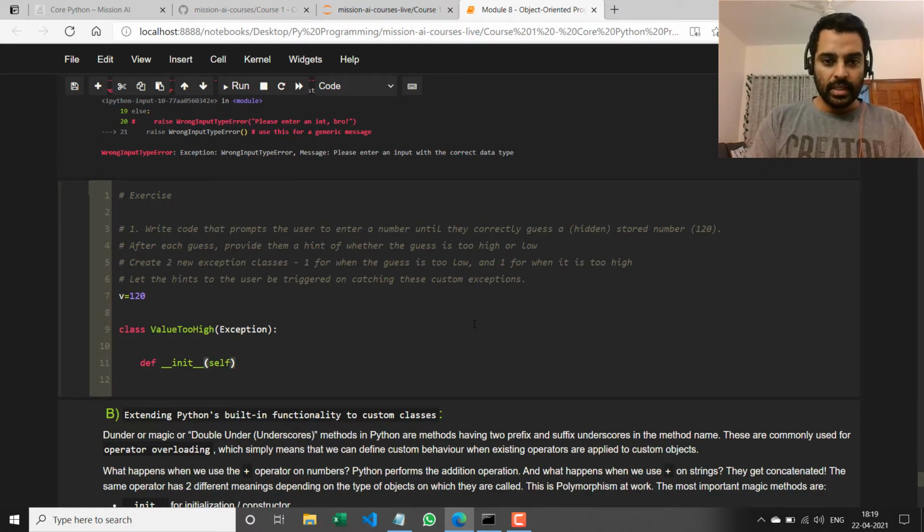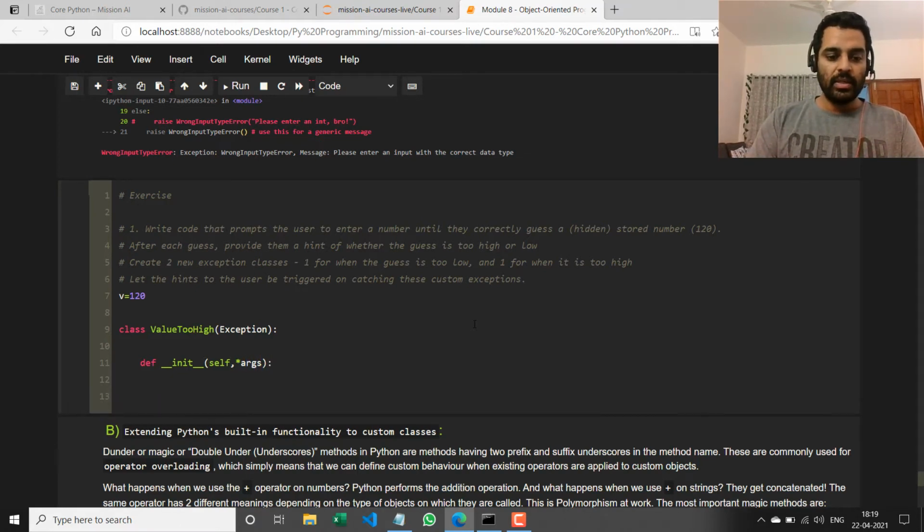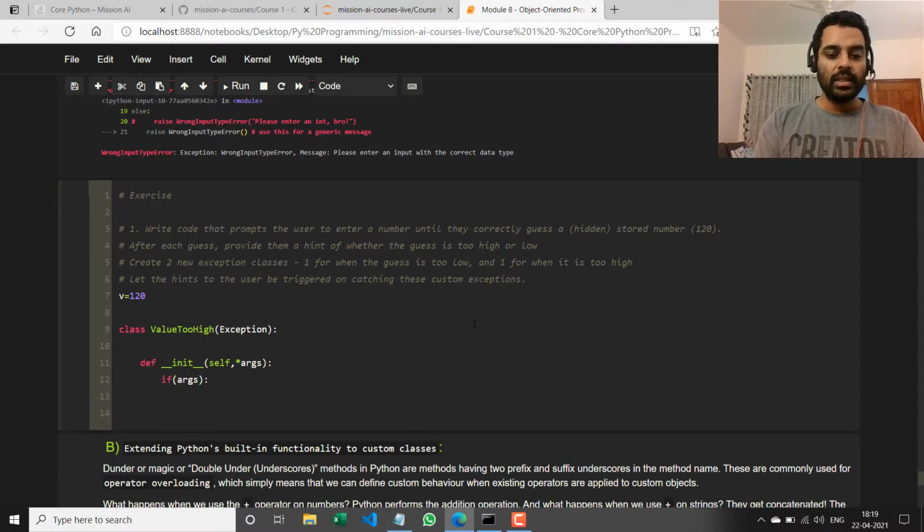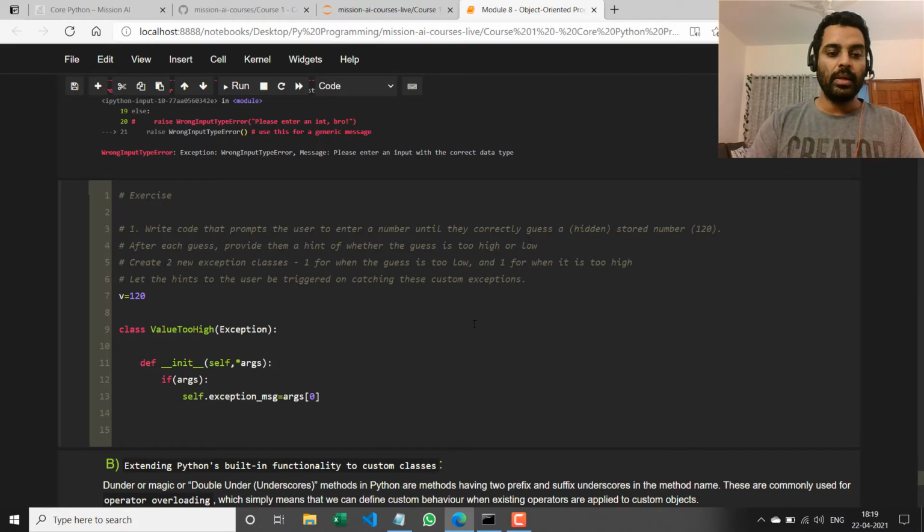And let's say it could potentially take arguments, right? And it has a variable number of arguments. Now, if there is an argument, if args, then I'm going to say self.exception_message equal to args[0], which is the first item in that tuple.